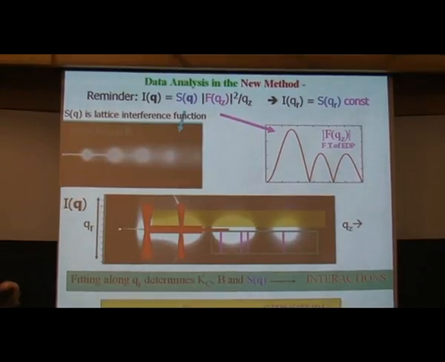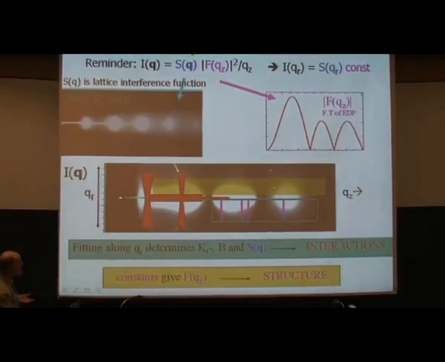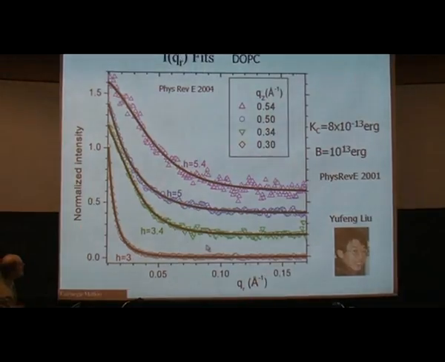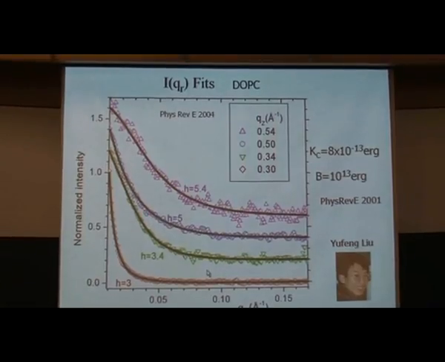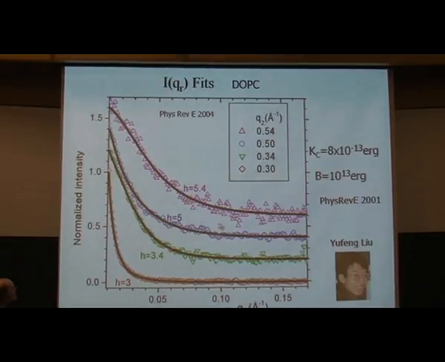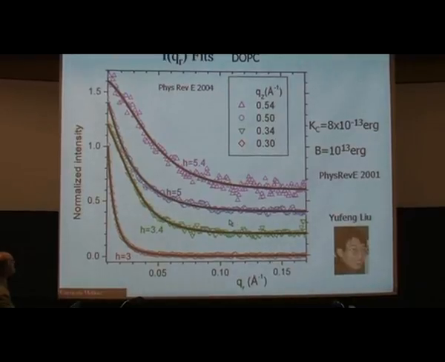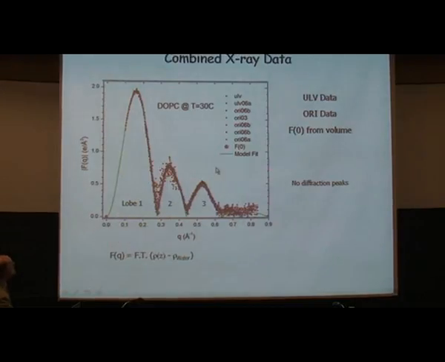So that's the point down here, and then the electron density profile with the F of Q's lead me to structure. Okay. Well, that involves a lot of theory, a lot of analysis. How well does it work? This slide is to emphasize, and this is actually old data, which were still noisier, and it works even better with newer data. But the point is, it works awfully well. So the theory is good. And I shouldn't go any further on that.